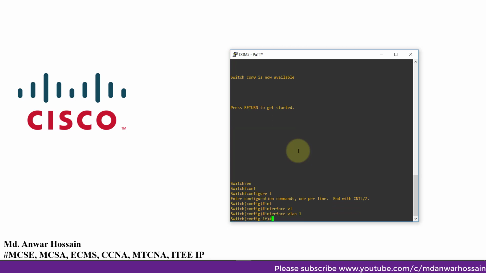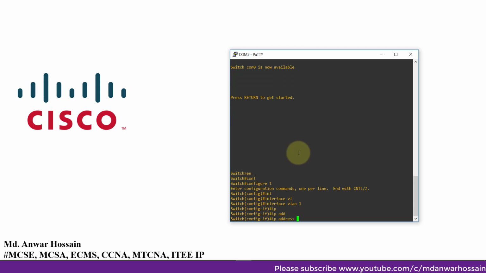and to put the IP address. So in my network, my IP address is 192.168.1. I am giving the IP address for this switch as 20. The subnet mask 255.255.255.0. By default, in a Cisco switch, the interface is down, so we need to bring it up. For that, the command is no shut.